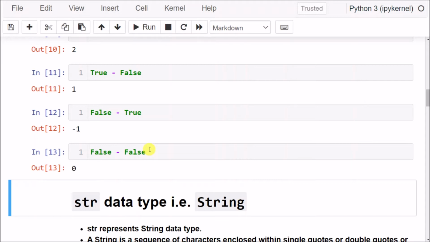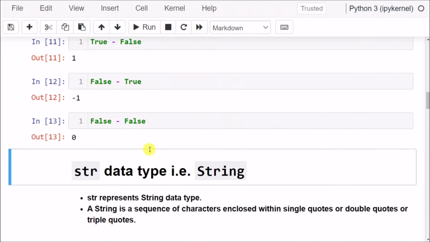So we can store True or False inside a bool variable. And we can't write it as lowercase false.